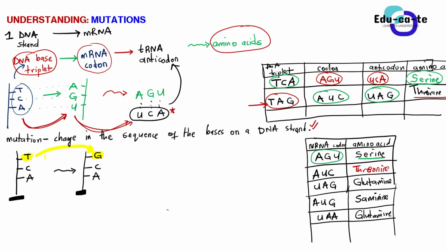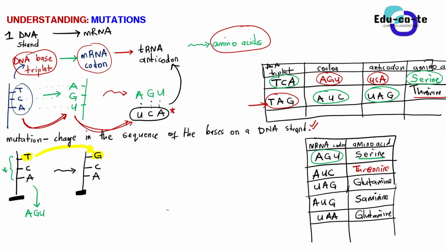Do you think, guys, the codon is still going to be the same here? Let's try it out. If it didn't change, what was going to be the codon? What was the codon that we were going to make from this DNA-based triplet, TCA? AGU. It would have made AGU as the codon from this TCA DNA-based triplet.